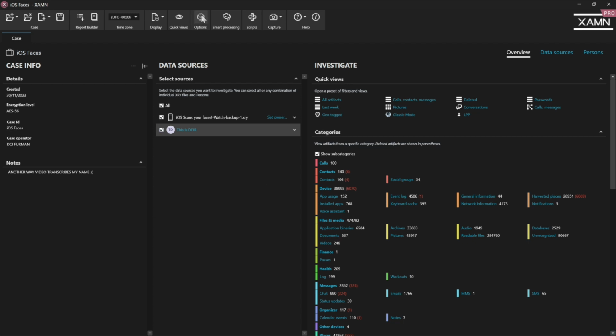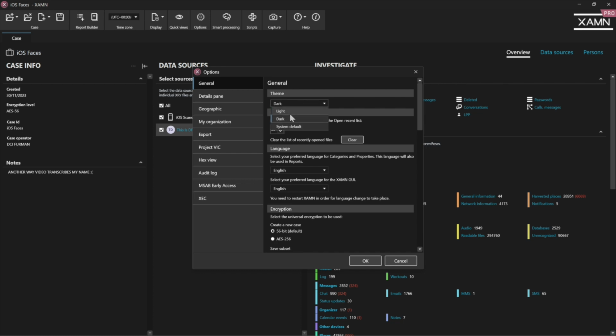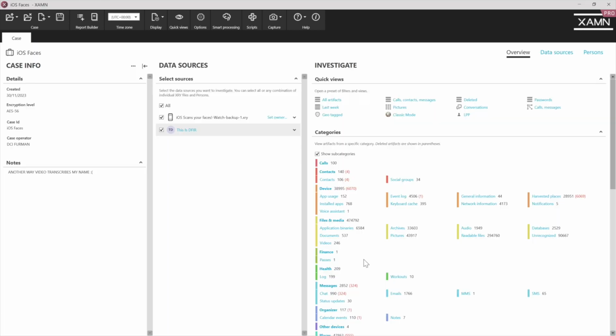But if you're not happy with dark mode, again, just options, general, light, press OK, and you're back to the